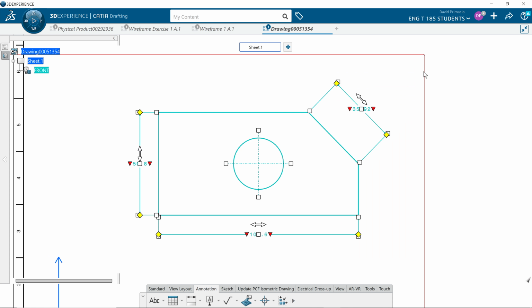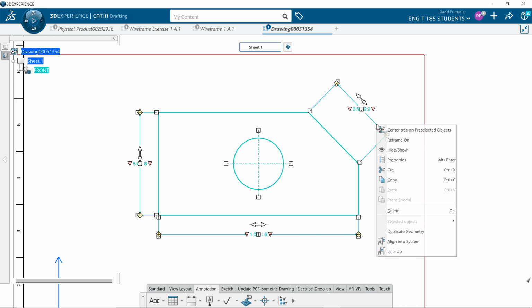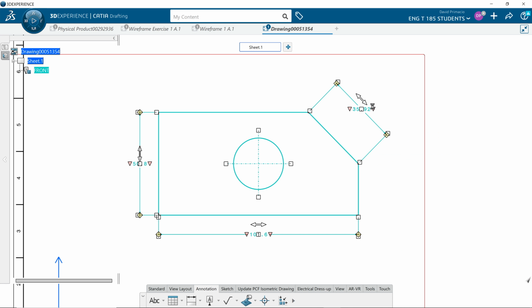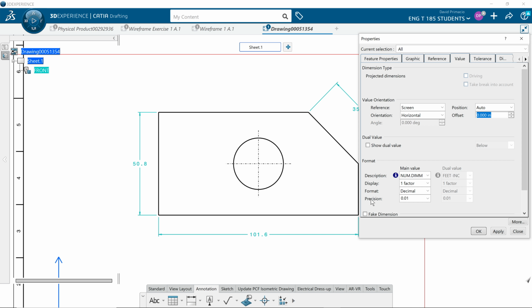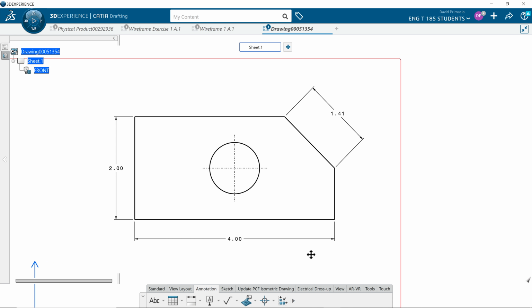Let me highlight that again and double check that. Under right click, go to properties. Yeah, precision is 0.1. So these should have been 2 places. Oh, I went to millimeters. Sorry, you want to use NumDIN for inches. Hit apply, and you can see when I say OK, the length dimensions are at 2 places